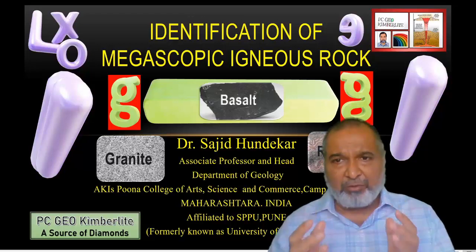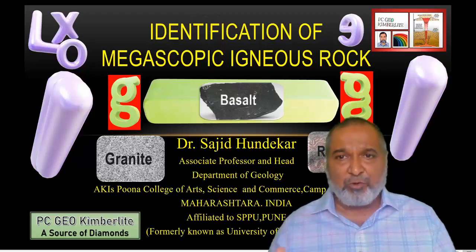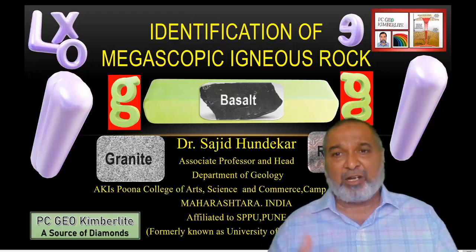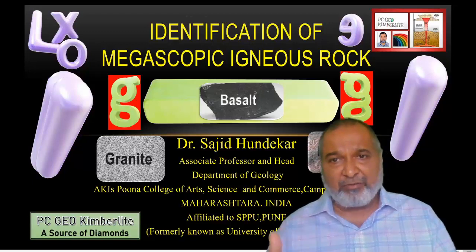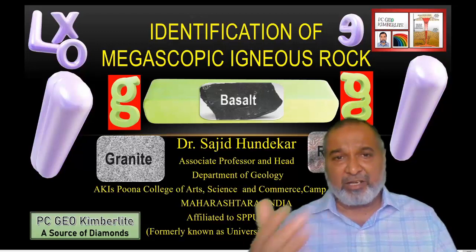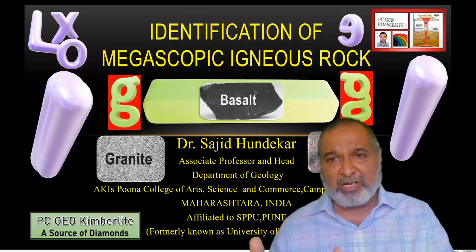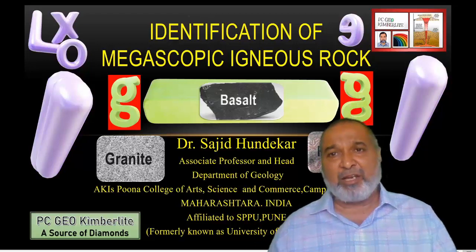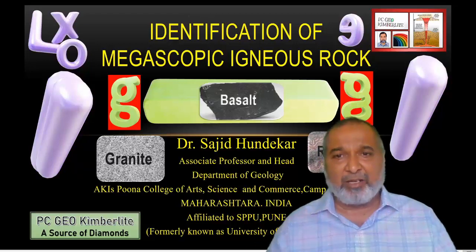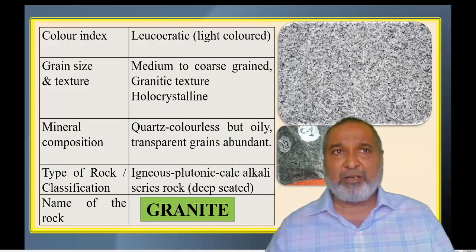So here is how these rocks are studied and how the students can go step by step, analyzing the various parameters for identifying the rock, and ultimately they conclude whether it is an igneous granite rock, or a basalt rock, or a pegmatite, or a rhyolite. So now, igneous rocks, this is what we have: the primary rock.